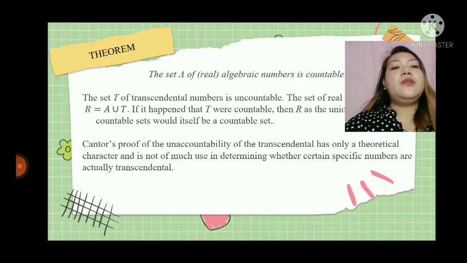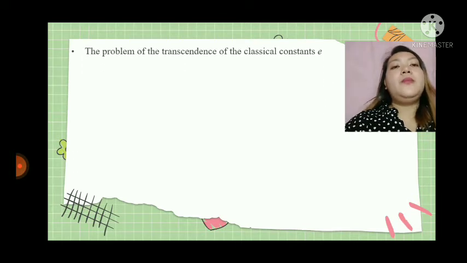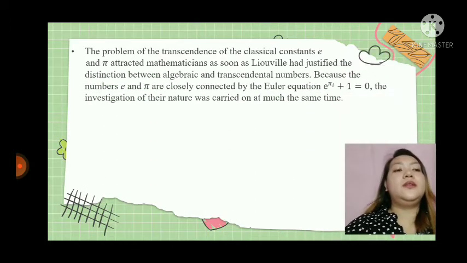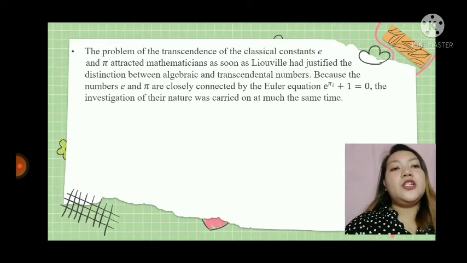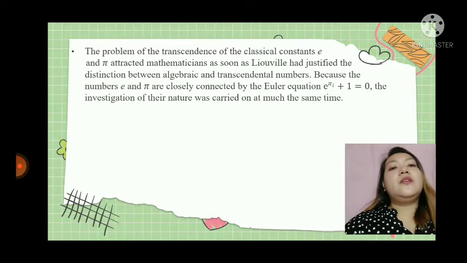Cantor's proof of the uncountability of the transcendental numbers has only a theoretical character and is not of much use in determining which specific numbers are actually transcendental. The problem of the transcendence of the classical constants e and pi attracted mathematicians as soon as Liouville had justified the distinction between algebraic and transcendental numbers,